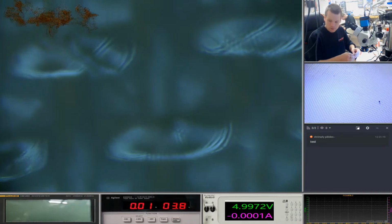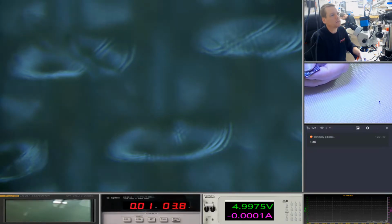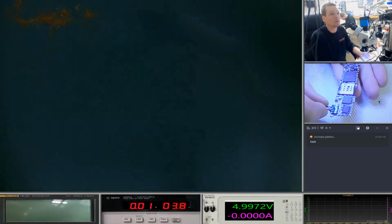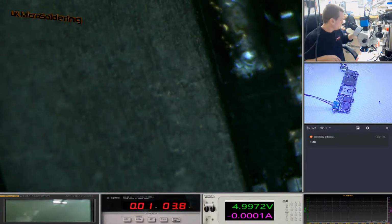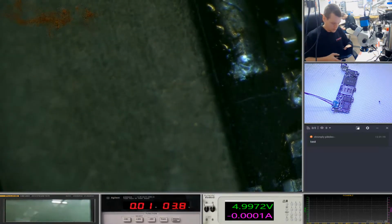So we're going to connect the power, and you can see that it's pulling no power down the bottom. So I disconnect that. So it hasn't got a short already. So you can see that there it's connected. Just going to have a look at the power here. Just want to check that we are actually...